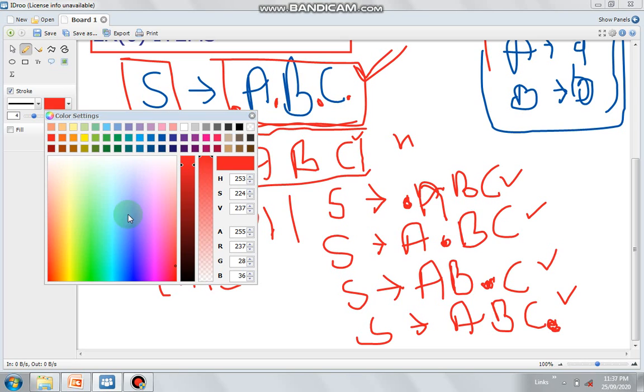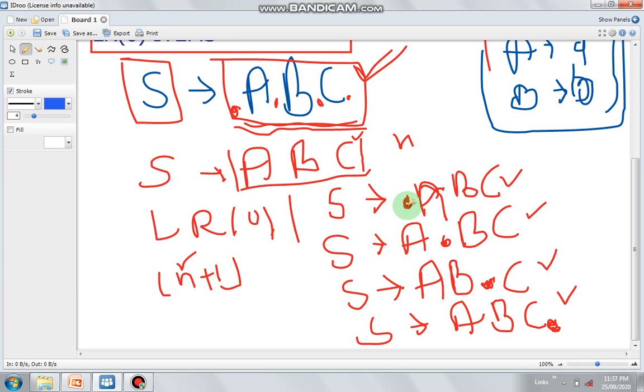And what does this dot mean? This dot means something during parsing. I will discuss it later on in LRK parsing; as of now I'm just giving you a brief introduction. This dot means the parser is waiting to see a string that can be derived by this term ABC. It means the parser has already seen A, and now the parser is waiting to see a string that can be derived by BC.